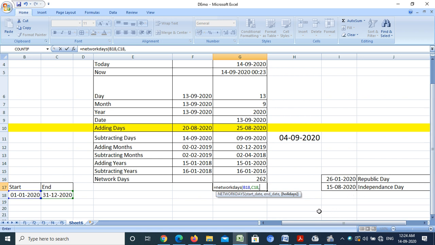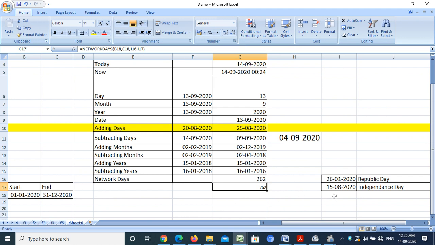Then I don't want to write them here because maybe either of these days fall on Saturday or Sunday. So my Excel will automatically count it if I select these two dates and I just press enter. Now see, it shows 262. It means that in the year 2020, the 26th January and 15th of August fall on Saturday and Sunday.